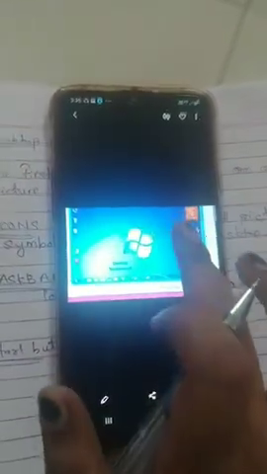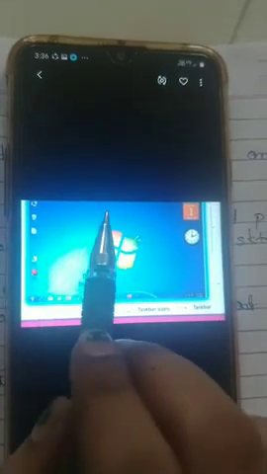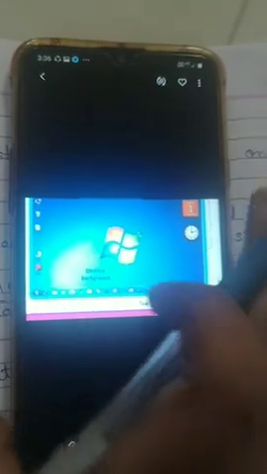What is the definition of desktop? The first screen that appears on the computer is called a desktop.